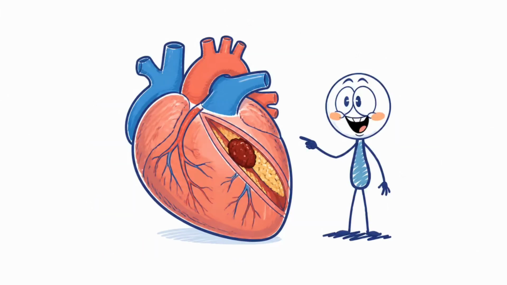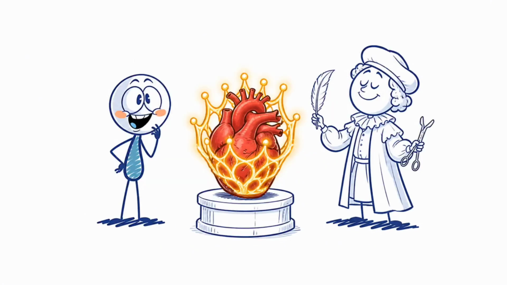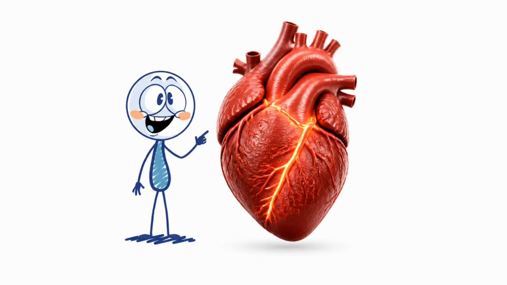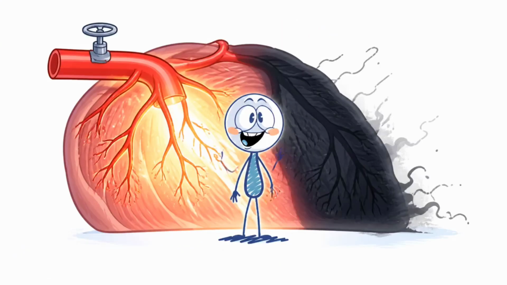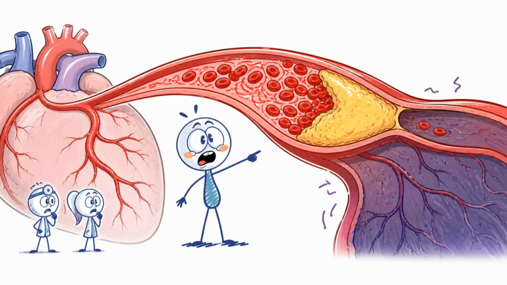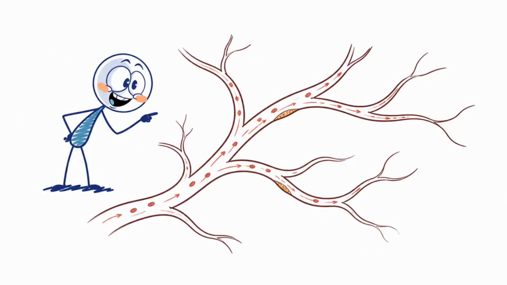This blockage typically originates in the coronary arteries. Early anatomists named them coronary because they resemble a crown encircling the heart. These vessels branch into smaller pathways, including the left anterior descending artery. Often nicknamed the widowmaker, this specific artery supplies a massive portion of the heart. If a significant blockage forms here, it can be fatal because it affects such a large area, unlike minor blockages